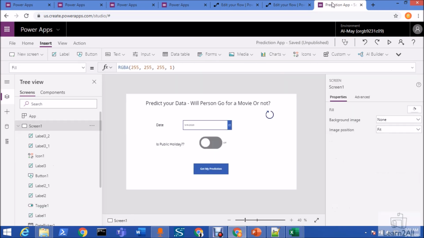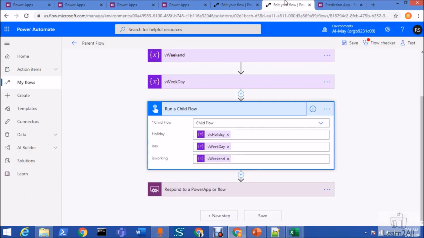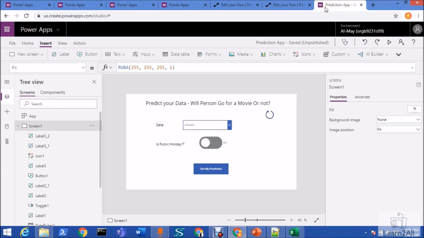Alright, one last thing that I forgot to tell you: why we need to create two different flows. The reason is that if I have my predict action inside this parent flow itself, and I add this parent flow inside my Power Apps, it throws an error that this predict action is not supported directly inside Power Apps at this moment.